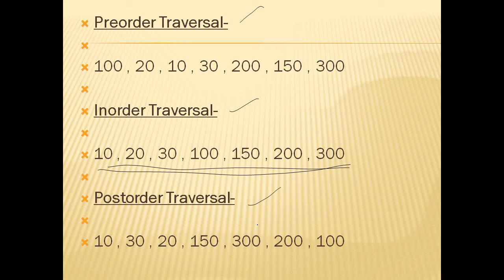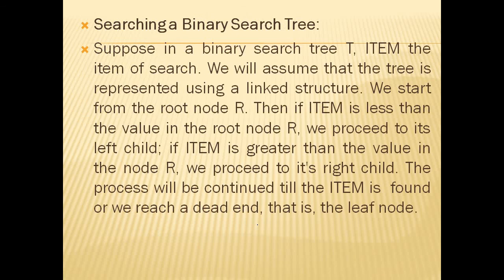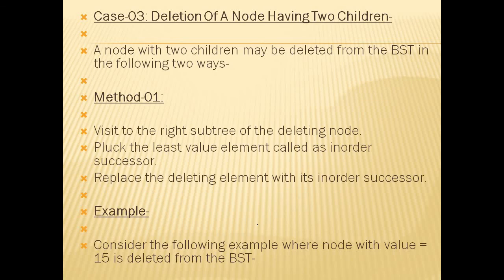Why? Because in examinations they will ask like this only. They will give some numbers and ask to construct a binary search tree. So we ourselves need to find out whether what we constructed is correct or not. In that way, the in-order traversal will say whether your construction is correct or not. If you get the in-order traversal with sorted elements, then we say that it is correct. So the operations are searching, insertion, deletion, and traversal. We discussed how the searching operation is done, and deletion and insertion also.